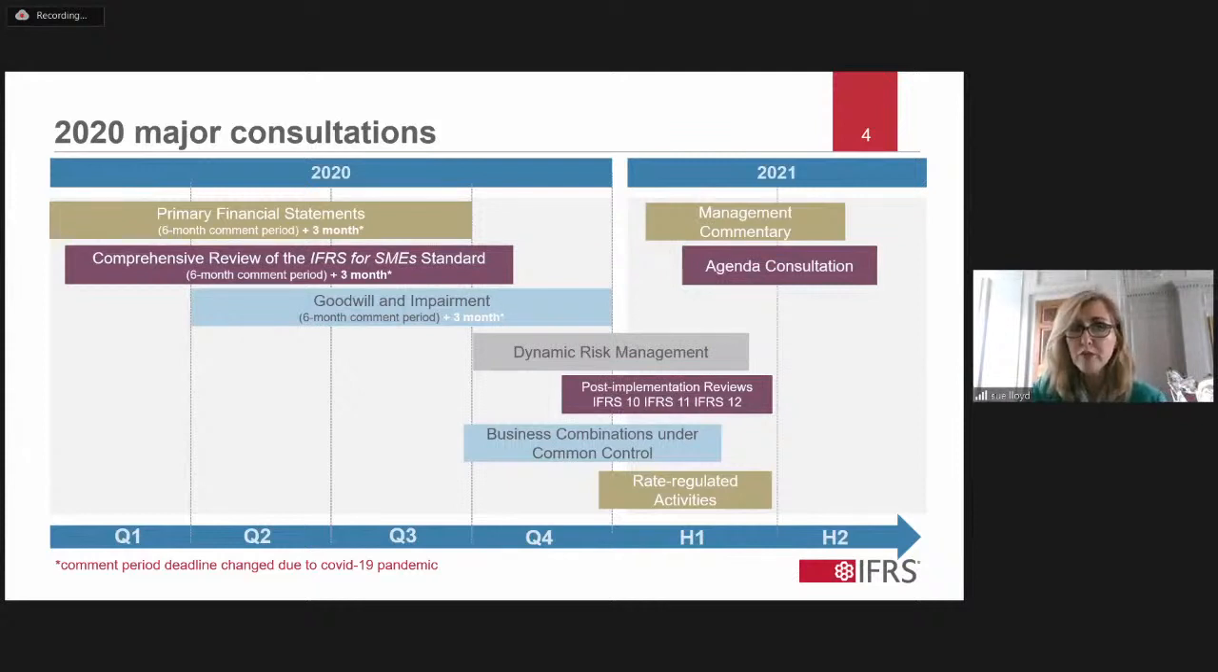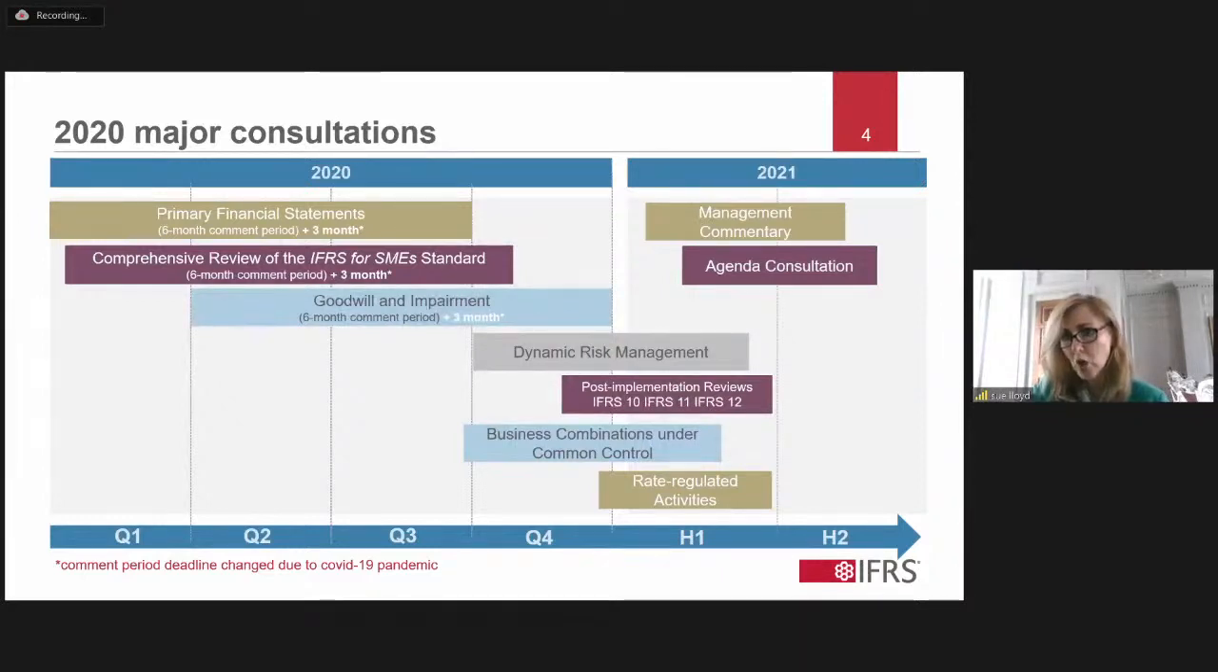We've also got a review going on at the moment for accounting for small and medium-sized enterprises, and questioning our stakeholders about the extent to which we should change those standards to update them for changes in full IFRS. You'll see on this slide we've got a number of other consultations coming up later in the year, business combinations